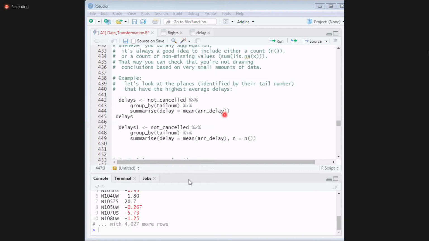But see here, if you include a count here, then what will happen?